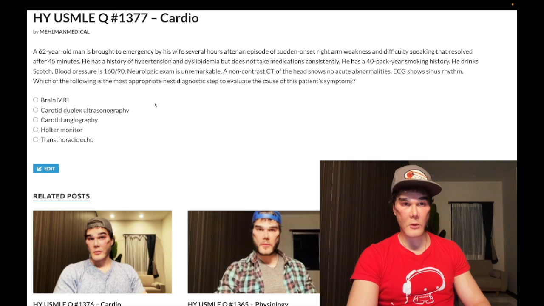Choice B, carotid duplex ultrasound, correct answer. This is what's going to go down. If on USMLE, a patient has a stroke, TIA, retinal artery occlusion, and has hypertension, you're going to do carotid duplex ultrasound looking for a carotid plaque that's launched off to the brain or eye. If they have normal blood pressure, especially if they're older, such as over the age of 70, you're going to do a regular ECG. If that's normal, you're going to go on to do a 24-hour ambulatory ECG monitor, aka Holter monitor,